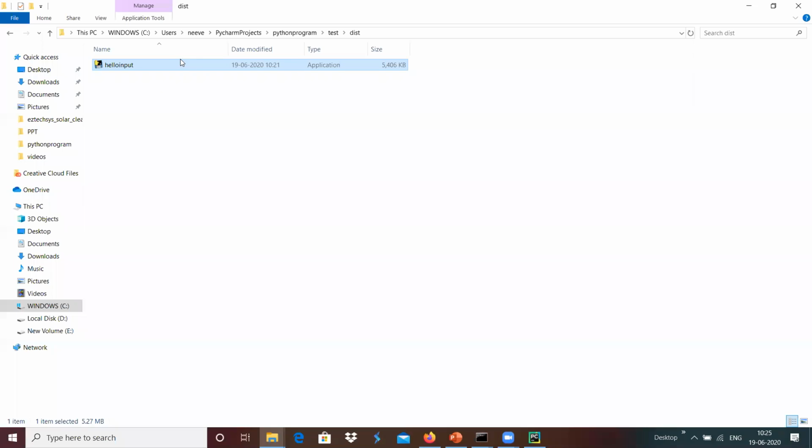Without the installation of Python, or the respective module dependencies, nothing else is required. All the modules and the Python interpreter get copied into this single exe file, so that it can run on any system without installing the Python interpreter. It will be a very simple standalone application that can be executed there.